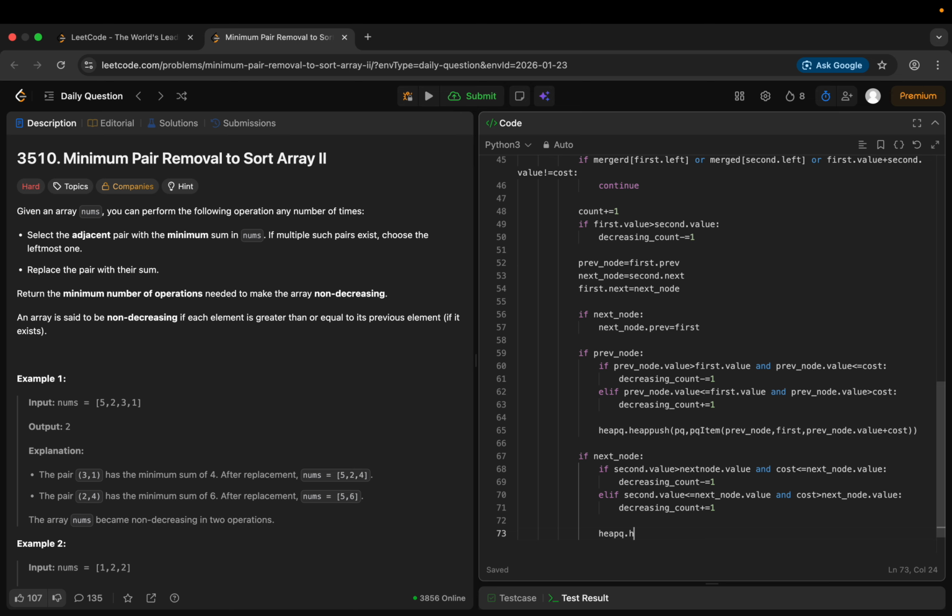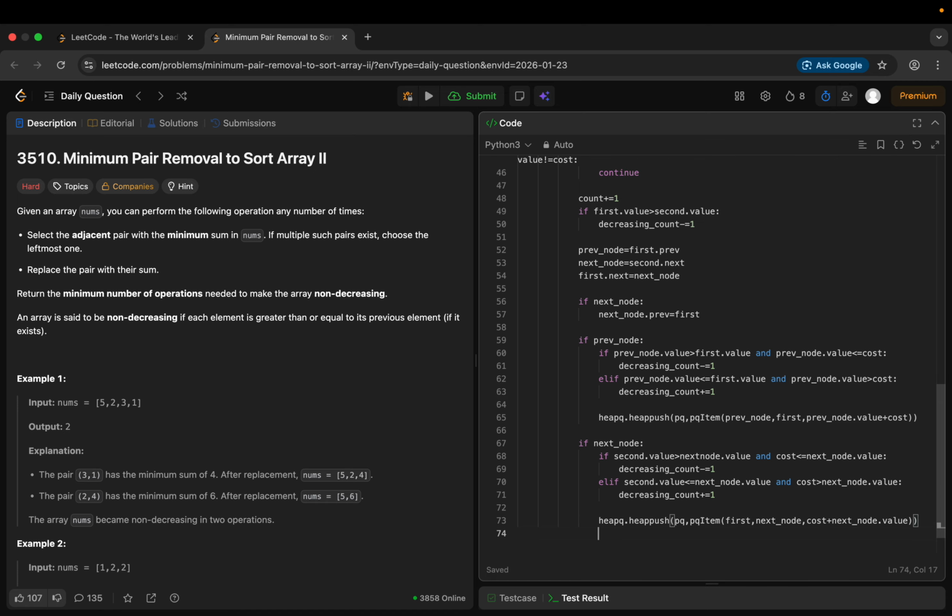So heapq dot heap push, in which array to push, pq, and what to push, the PQ item, which will be the first node, this first, then another will be the next node, and what will be their sum, cost, as first plus second has become the cost, and next node dot value,